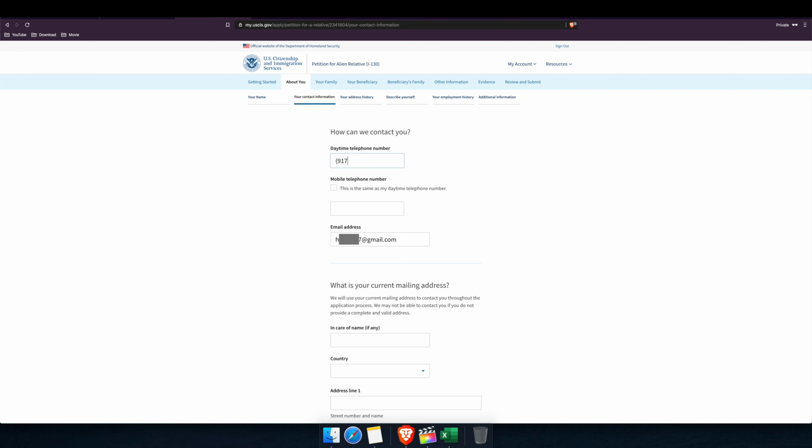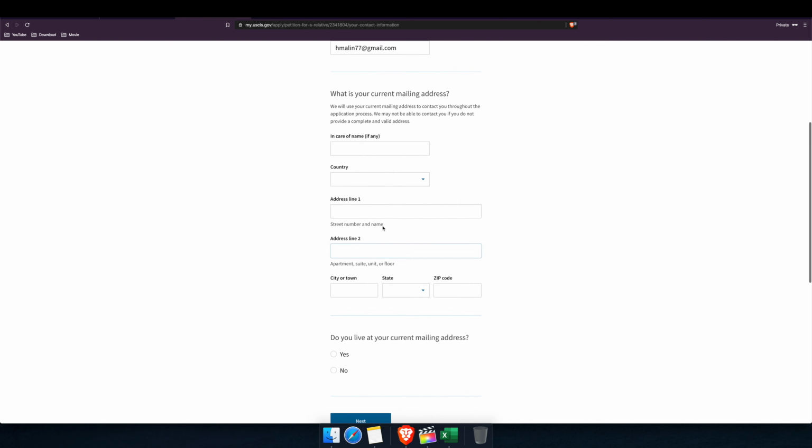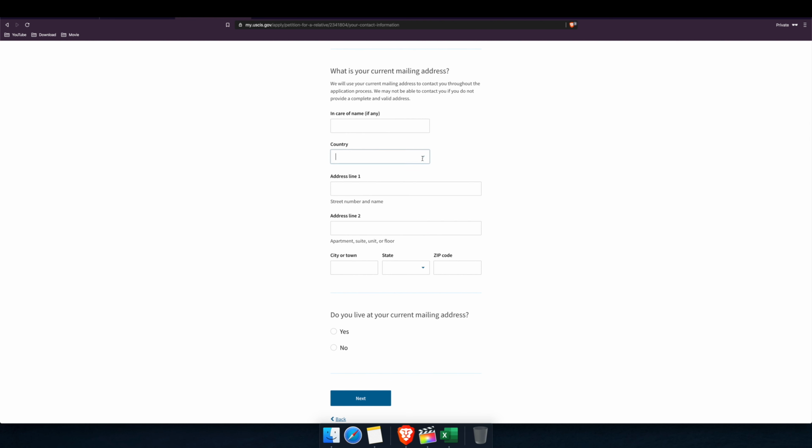I am putting a dummy phone number which is not really a phone number, and if I have a mobile number or something like that, we can check that. After that, I have to complete my email address. If we want to choose a different email address, we can also put it there. And then we have to complete the address details. We have to choose our country, mention our actual address, then choose our city, state, and zip code. I'm putting all dummy information right now. This address is not really valid, but to show you how we have to complete the application, I'm putting